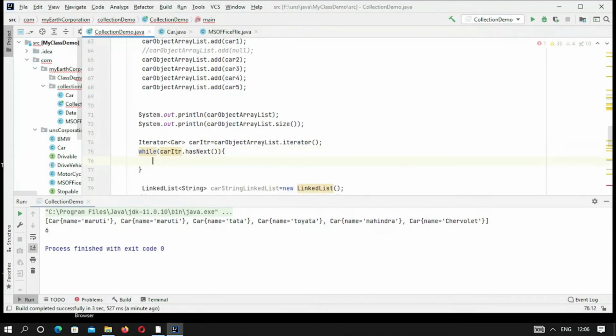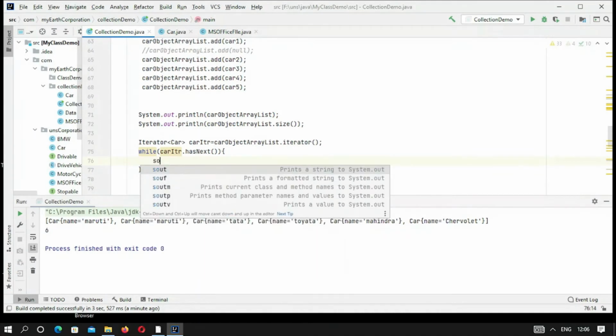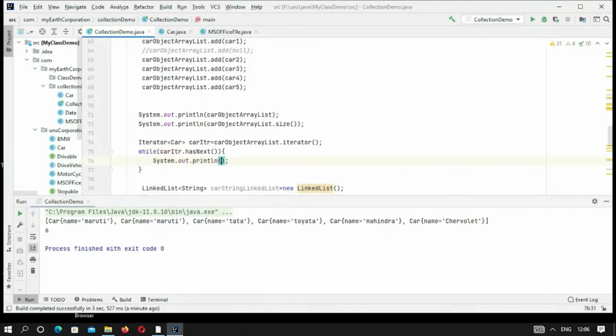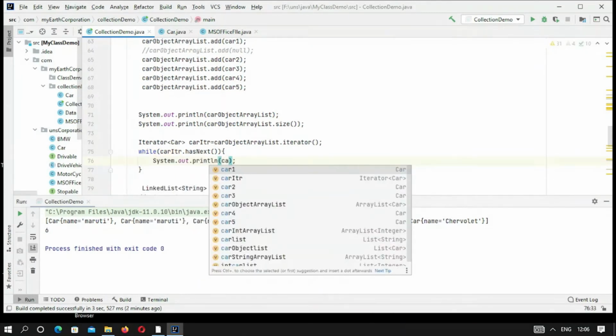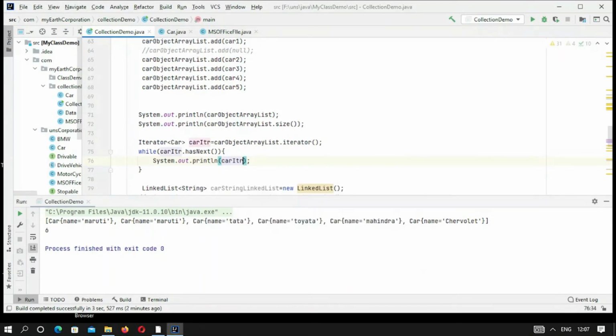So now what we have to do is simply print out in a console car itr dot next item. It will return the next item and print it out in the console. So let me traverse through the array list.